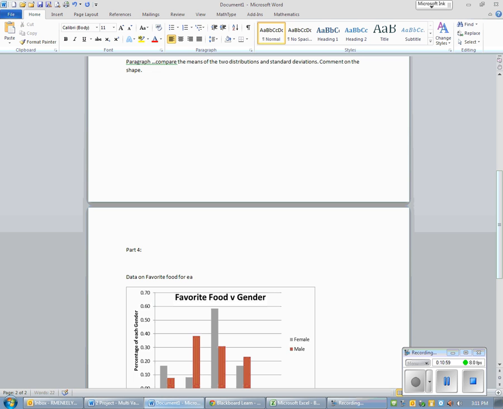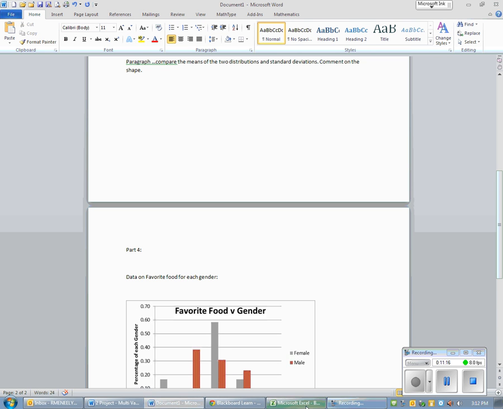for each gender. And I do expect you to write all these explanations out. Your project isn't just about copying and pasting the graphs into this document. I'm just showing you how to do the graphs. I'm not going to help you fill out the paper or fill out the questions. You should be able to do that at this point. But if you go to your spreadsheet,